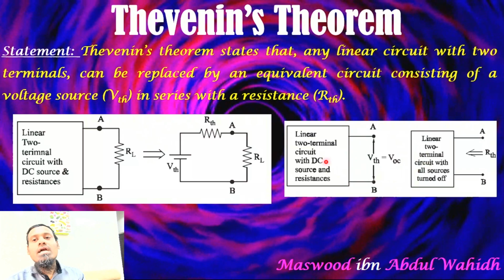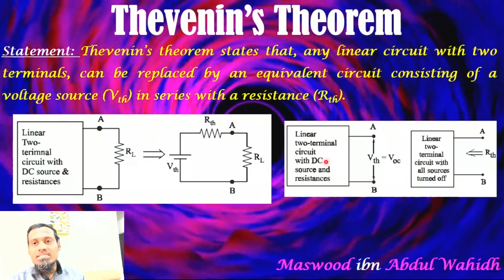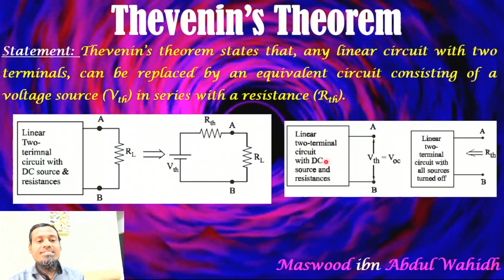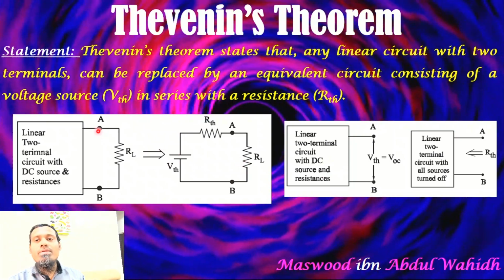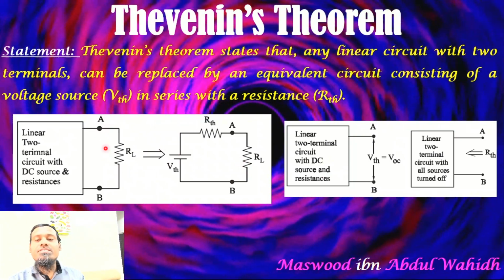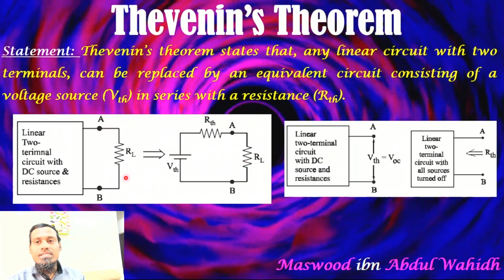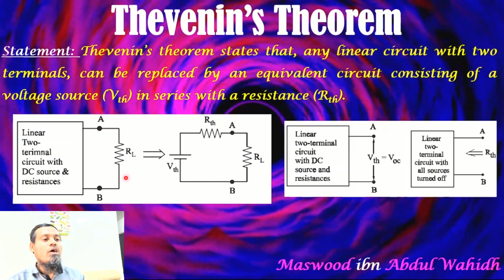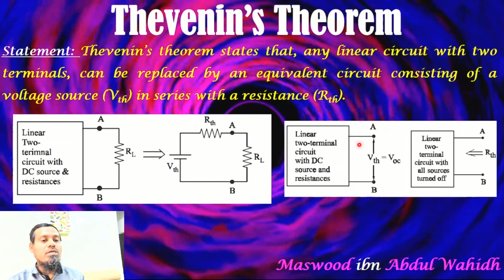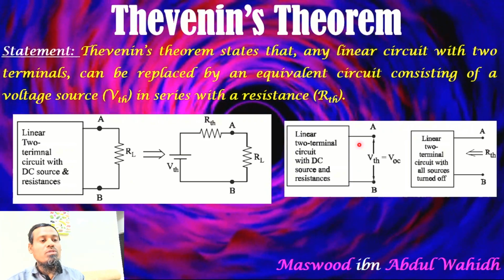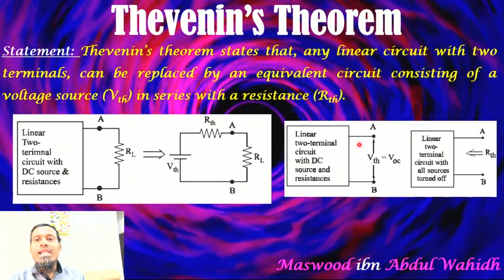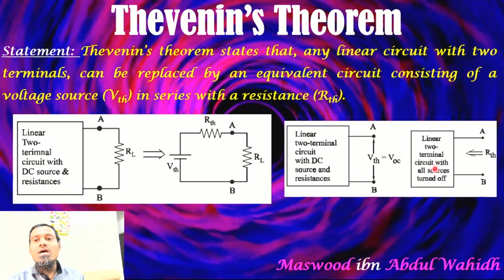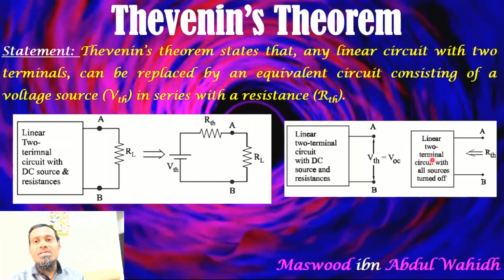So how to find VTH and RTH? That is represented to you in these diagrams. VTH will be found by open circuiting the output points. For this network, we have marked A and B to be the output terminals. We have to open circuit this load resistance and we need to find the voltage, which is called the Thevenin